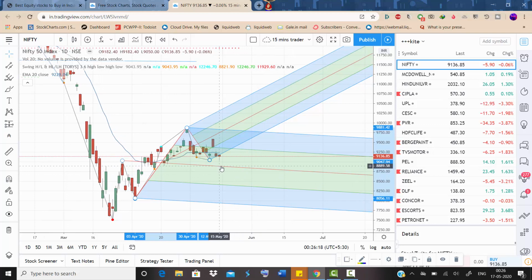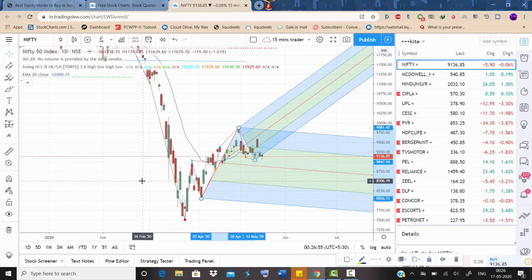So it breaks over here. Can wait for one more day to confirm. So once it breaks, you can see this channel. This fresh C will be formed, maybe if it goes down. So as long as this fresh C is formed and not going below this point, 8000, it will continue to be in a bullish region. It just needs to break above this channel for a strong upside.